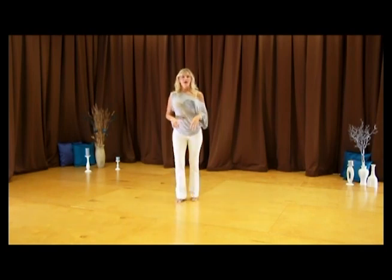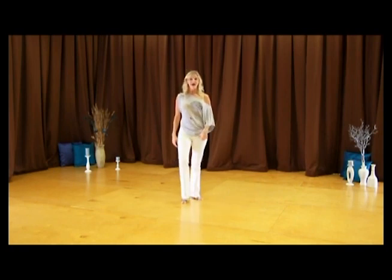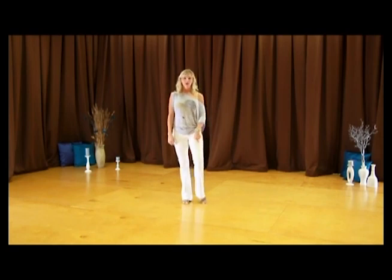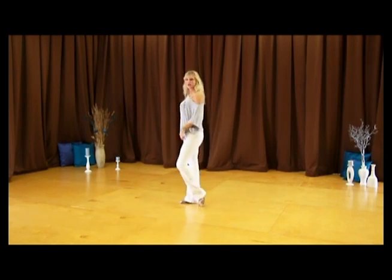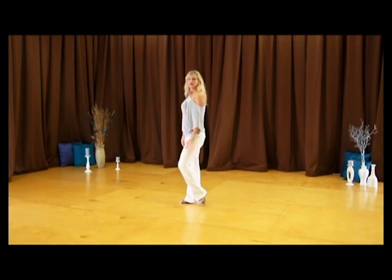So what we're going to do is have our weight on our right foot, and we're just going to march on the spot with our left foot slightly behind and slightly turned out. Again, weight's on the right foot. We'll drop our left foot back. I like to drop it on the inside edge, and I like to start it way up here on the tip of the inside edge of my toe. Why? Because I have more contrast in my legs that way. If I start it like this, I don't have as much contrast, right? So up high, quick,